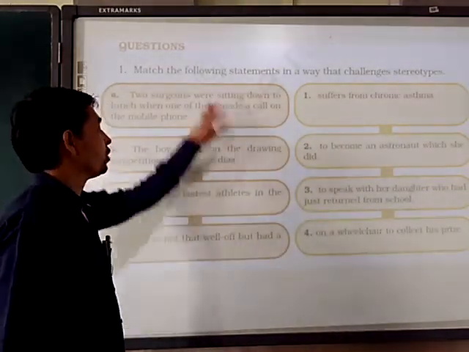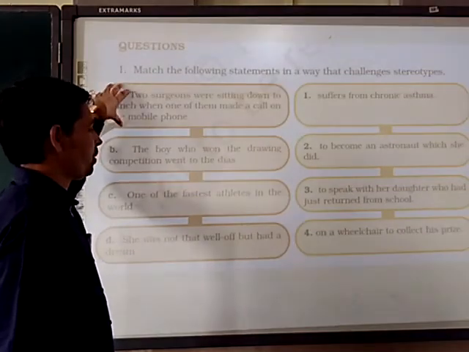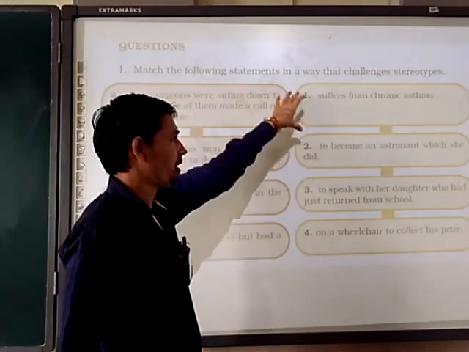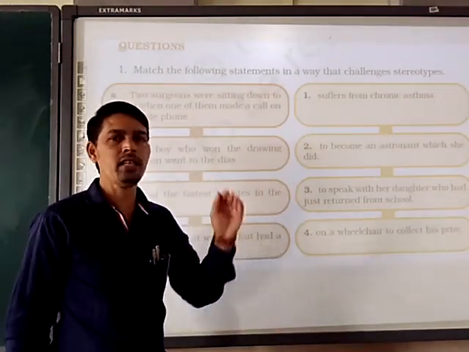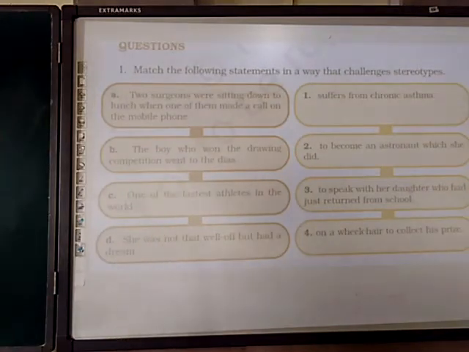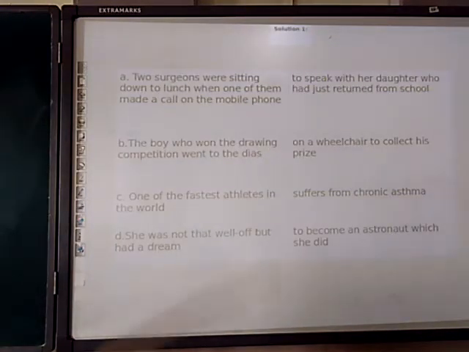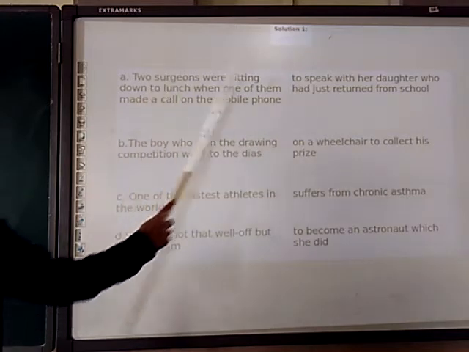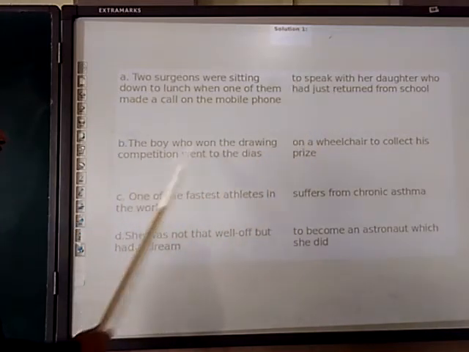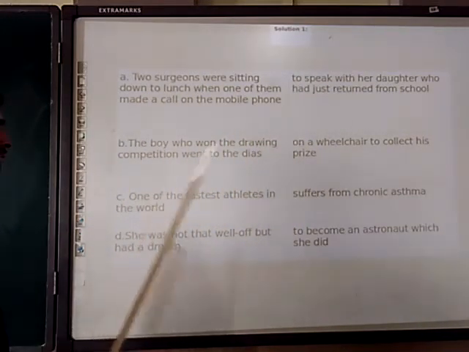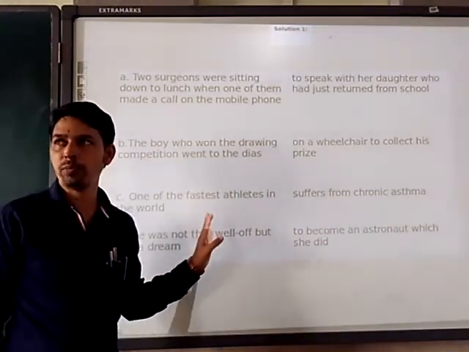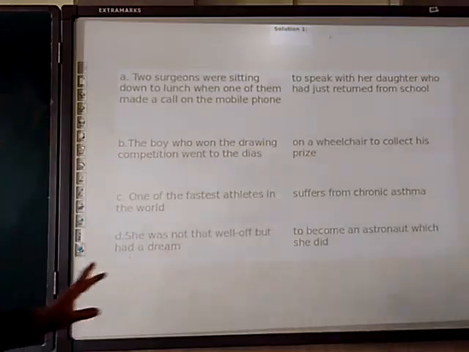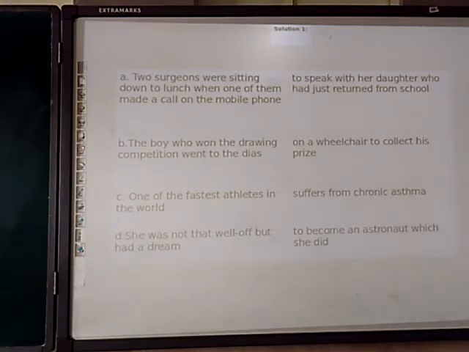That's the match the following. You have to write this one certain point, then directly write this third point in front of that. Don't write this question and then write the answer. Directly write the answer in your notebook. Let's check out how to write it. So you have to write like this. Solution. To certain, direct line to each point. The boy is on the wheelchair. One of the fastest suffers from. She wants to become. Like that you have to write in the notebook. Okay? Please see carefully. You have to write it down in your notebook.